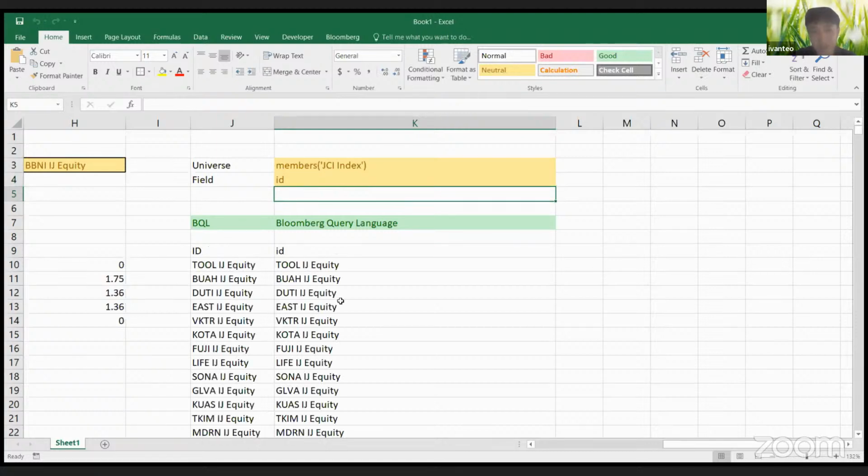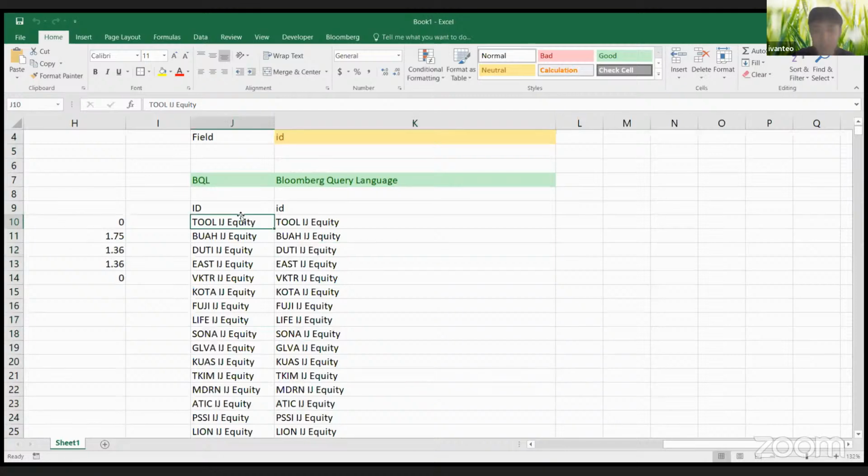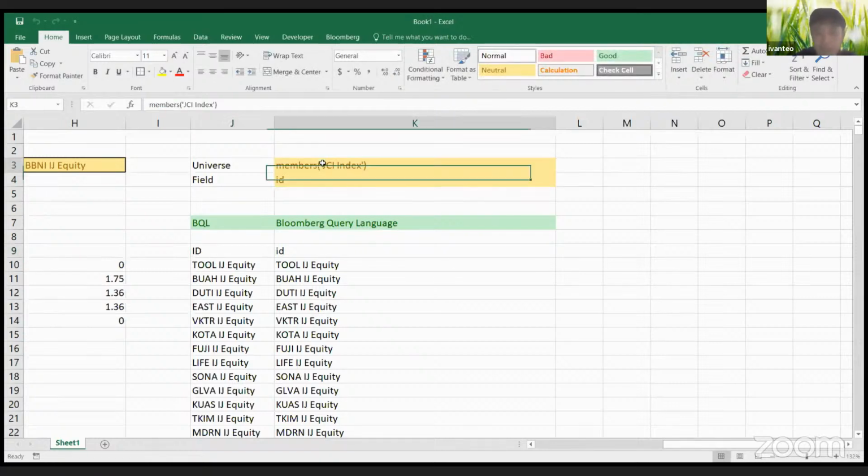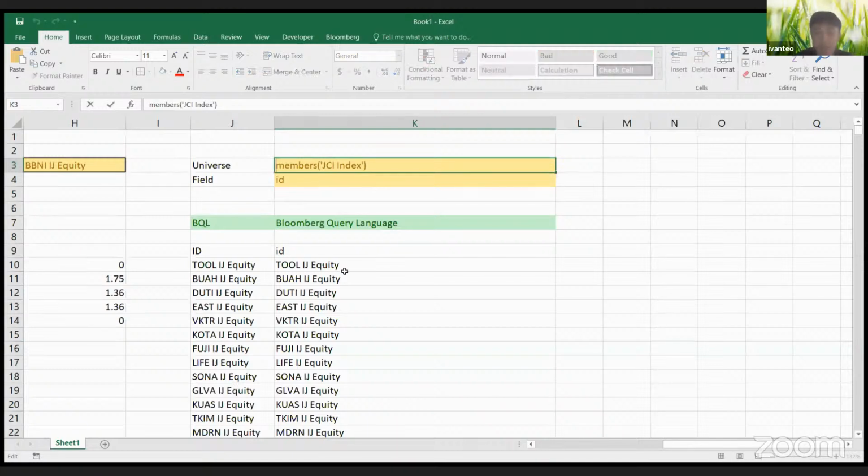So first, you can see here that these are all the different companies in Indonesia, like this. Okay. Let's say I want to find what are the technology companies in Indonesia. I can use a screening like filter members of the JCI index,